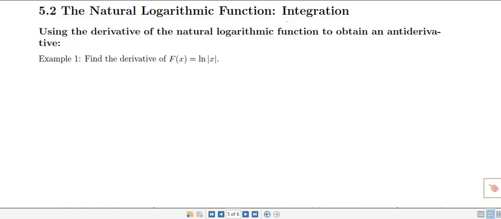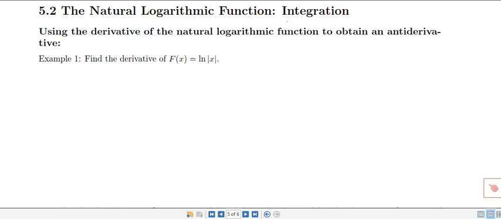Section 5.2, The Natural Logarithmic Function Integration. Using the derivative for the natural logarithmic function to obtain an antiderivative. Example number 1, we want to find the antiderivative of the function capital F of x equals ln of absolute